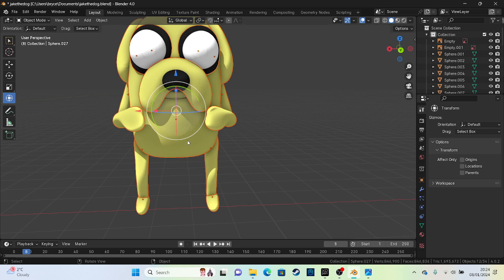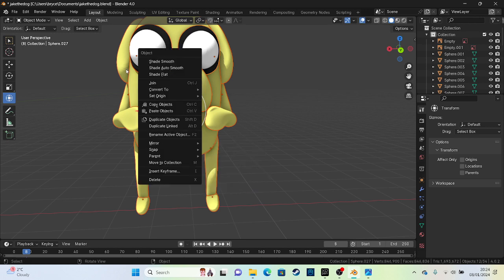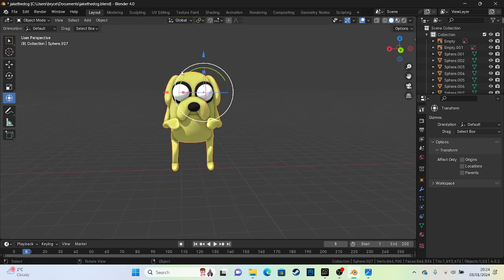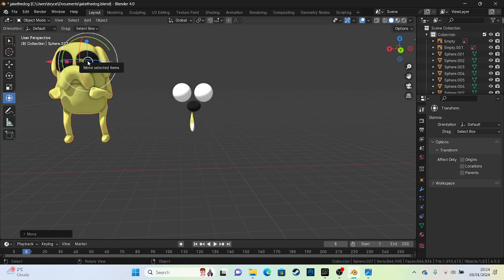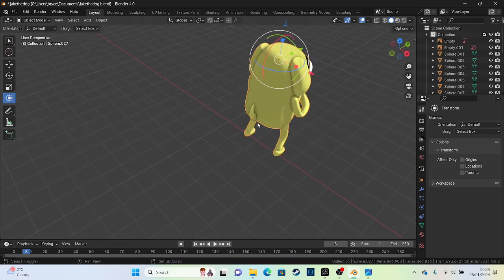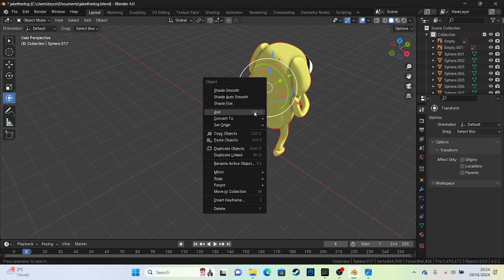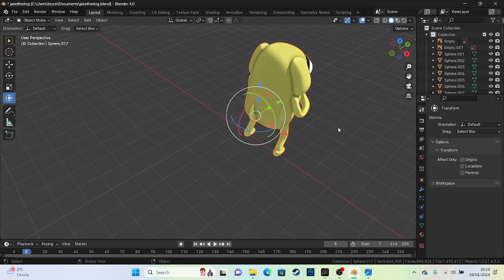So all you press is right click, then you want Join up here, and you press Join. Then I'll quickly show you, if you move that, it will go all the way there. You want to join that tail as well. Once you've joined them,